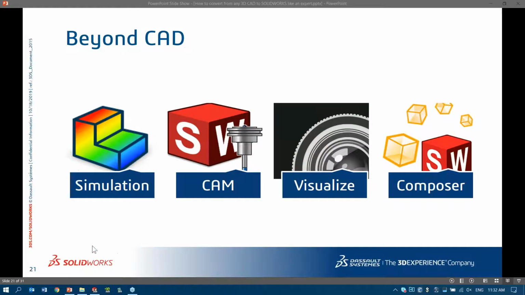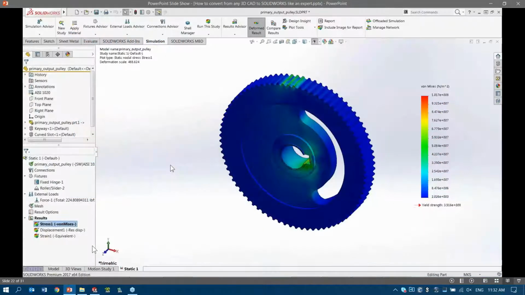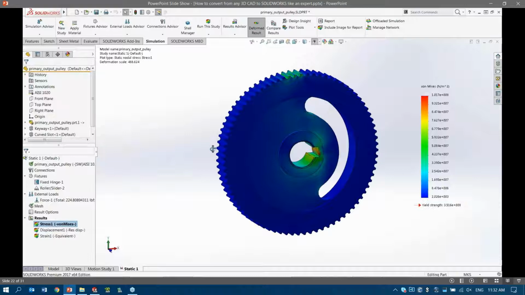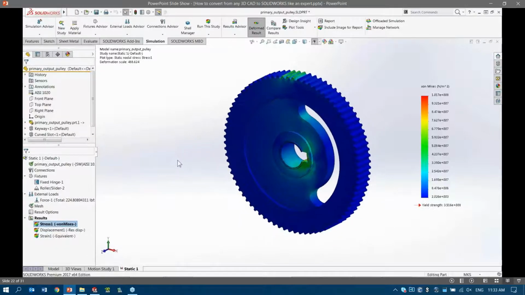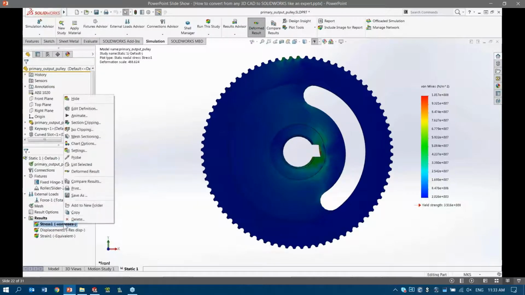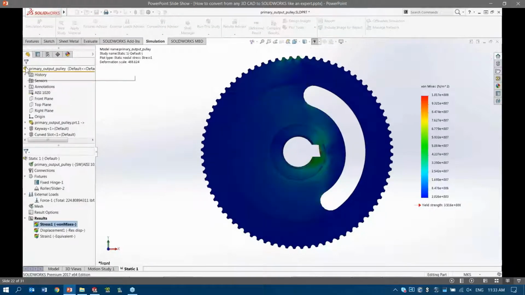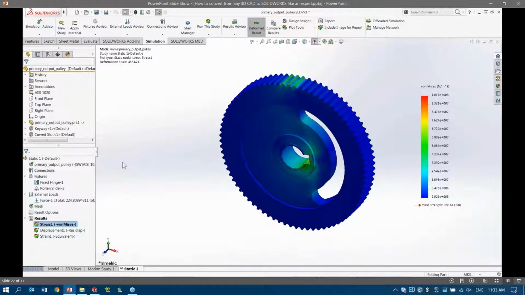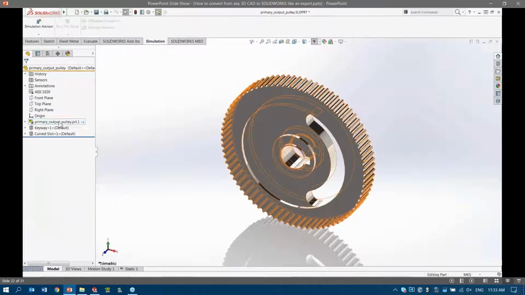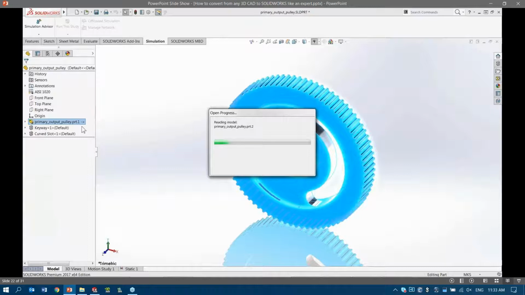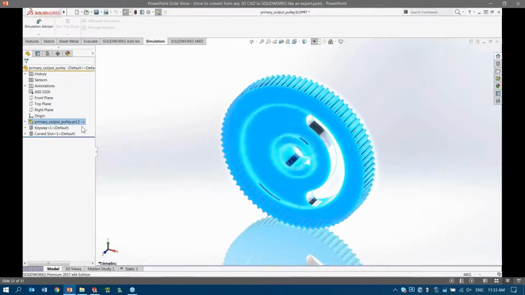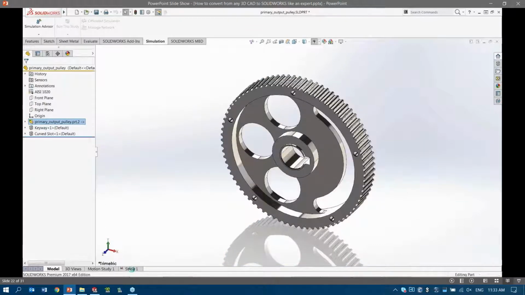So just quickly, for example, SOLIDWORKS Simulation, we don't need a native file. We can just work with any imported data. Here's a little gear coming from Pro-E, from Creo, and I've done a simulation on it. Again, I just need the geometry. I opened it using 3D Interconnect. Again, with 3D Interconnect, if there's a change on the native geometry, the native Pro-E file, I can simply update